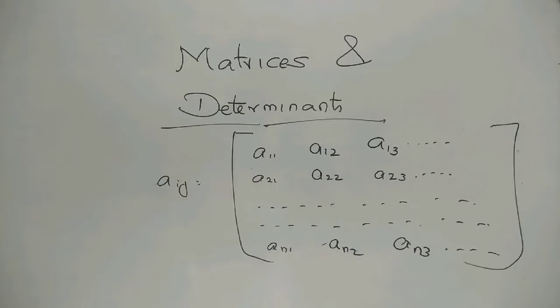So we are going to learn what we mean by a matrix, how to construct a matrix, what the different types of matrices are, how to add or subtract them, or how to multiply the matrices, and what a minor and cofactor of an element of a matrix are, and how to construct a cofactor matrix and an adjoint matrix,